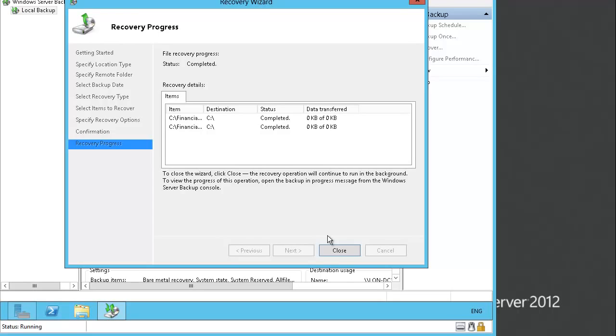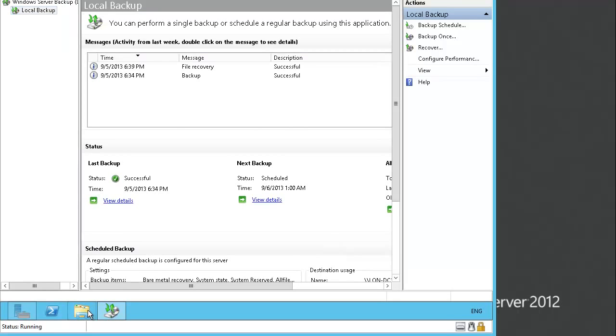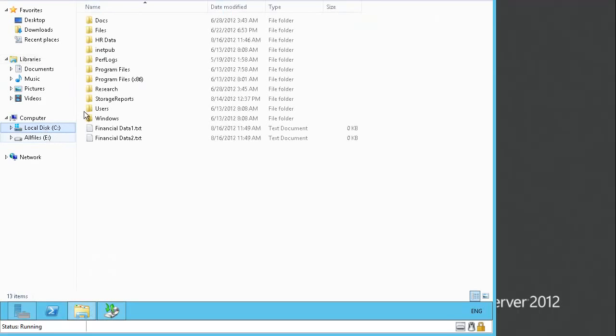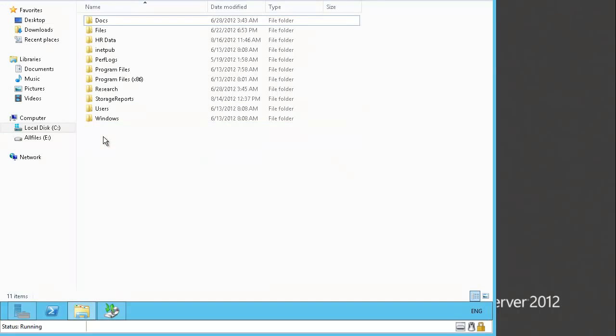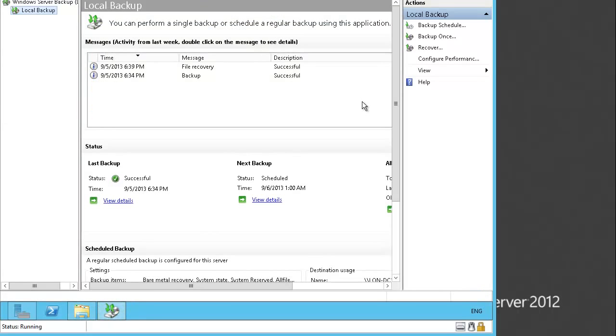So it's completed. If we close it and go to our C drive, we will see, so it should have financial data. So you see that the financial data files are restored because we selected the files. If we go back, if we delete it from here, let's say, and if we go back and we say restore again,